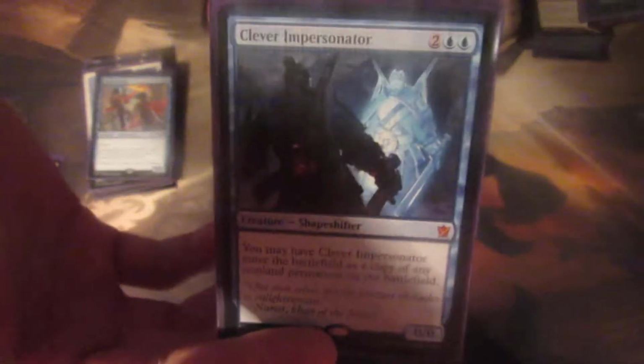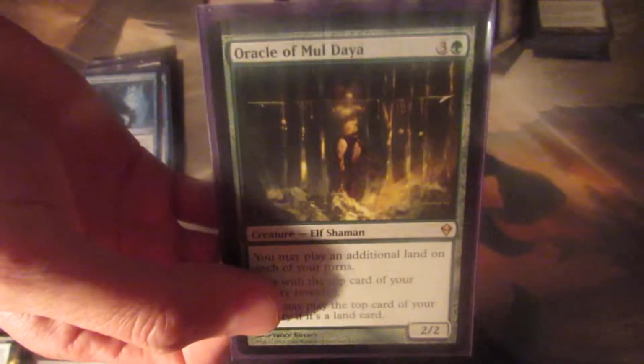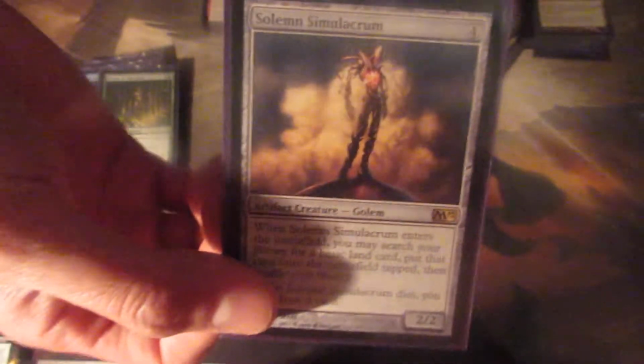I really love this. Really surprised by the price on this card, but I'm really glad that I got it. We have one Oracle of Mul Daya, just an overall good staple card in any green deck. Very good. One Solemn Simulacrum, so enters the battlefield, get a...